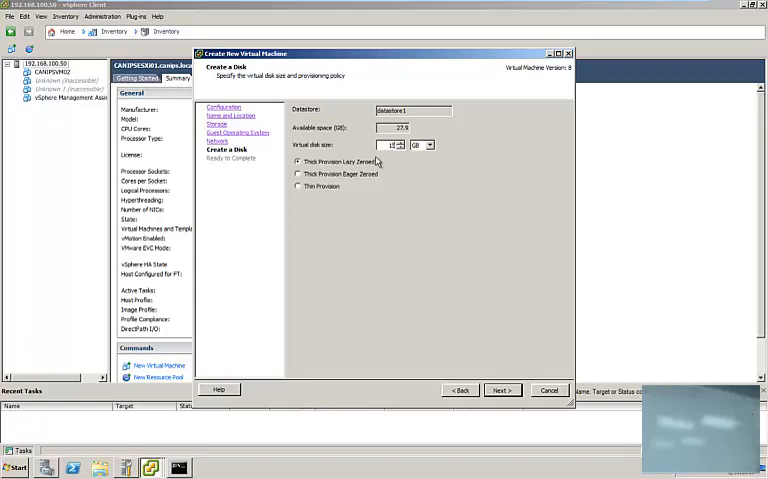Guys, eager is that it will low-level format this disk. So in eager, what it does is low-level format the disk and give it to the VM. Whereas in lazy, it won't format it immediately. So in lazy,